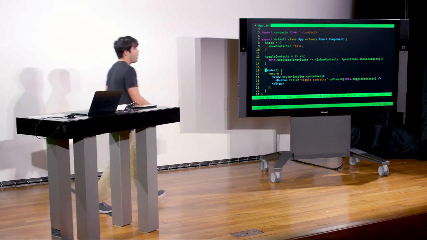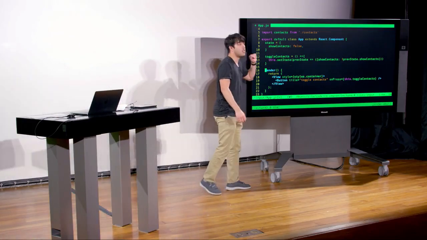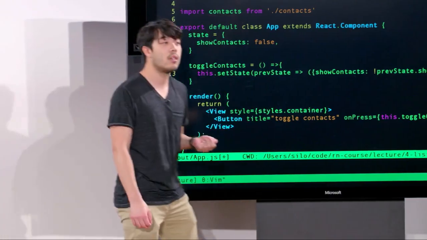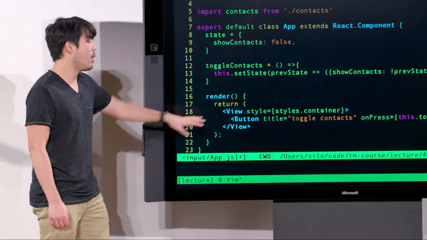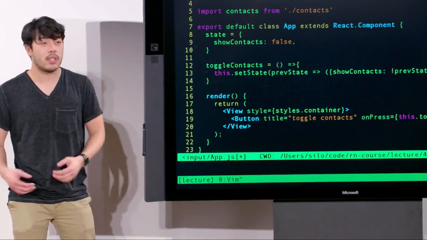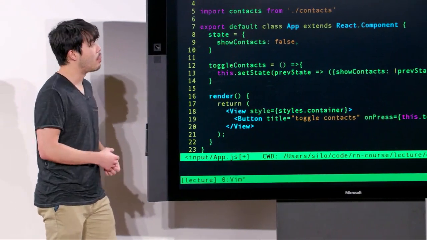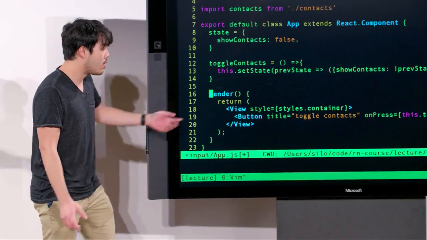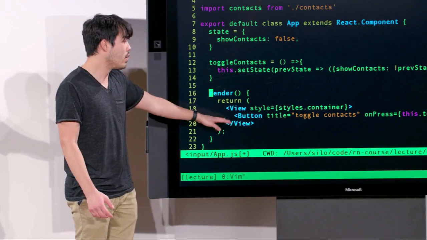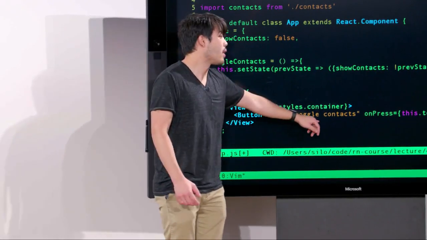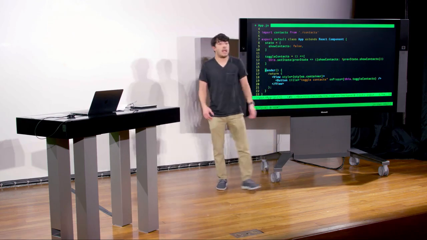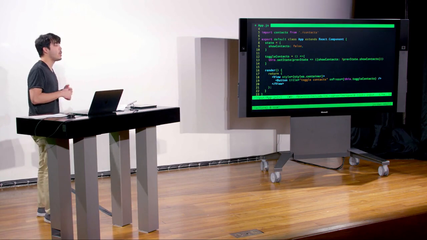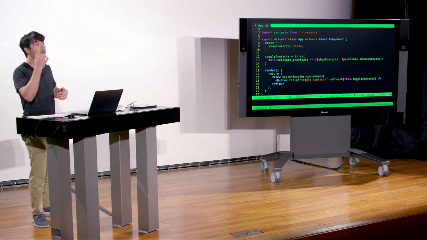And so we see toggle contacts is a function that we defined. And all it does is it toggles the show contacts Boolean, which we store in the state. And finally, we see render. As we talked about extensively last lecture, components' sole purpose is to render things to the UI. And so the render function here is just returning a view with a button that toggles the contacts. And right now, we're not actually doing anything with that value. But we're actually going to turn this into an app where we can actually show the contacts